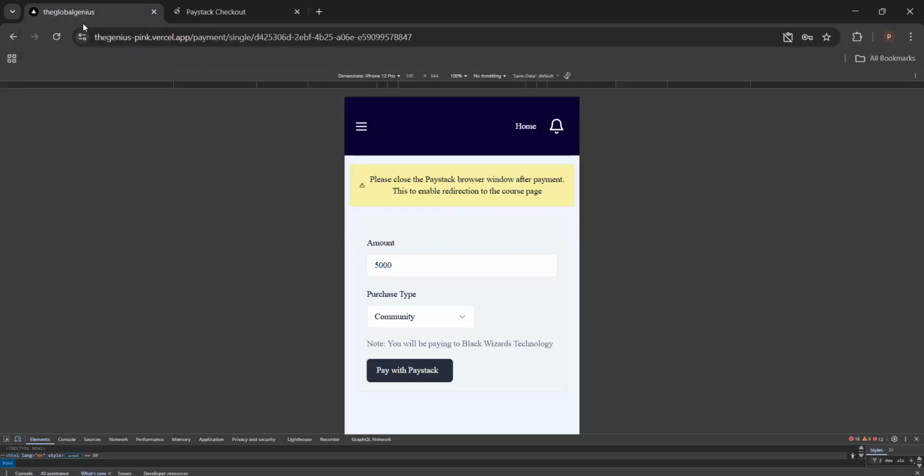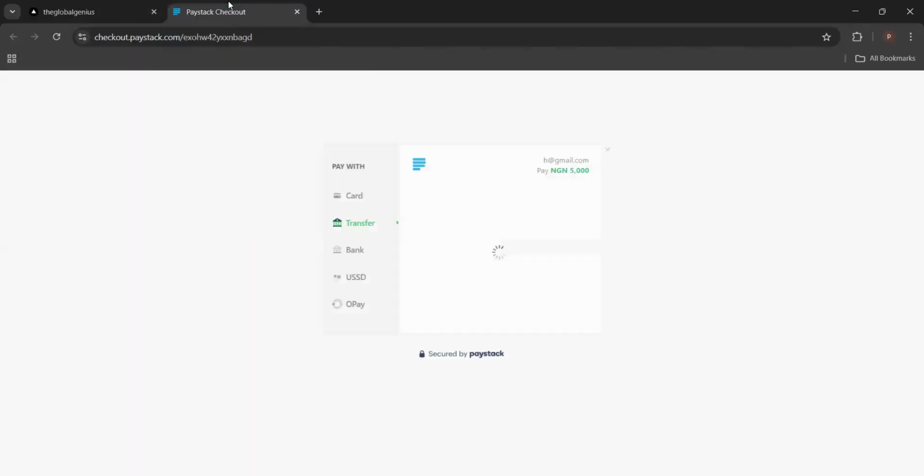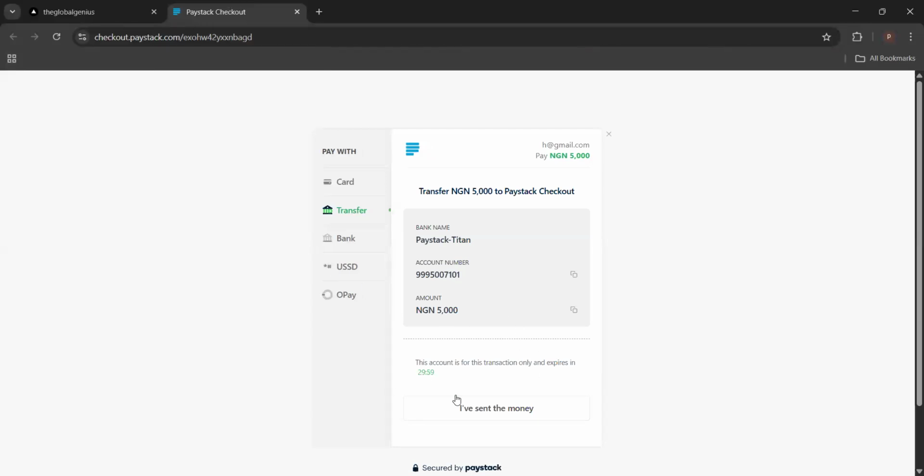You see, my network is bad. Even Paystack is slow. So the slow response is not from our website; our website is very, very fast. It's just that my network is slow. Okay. So now,